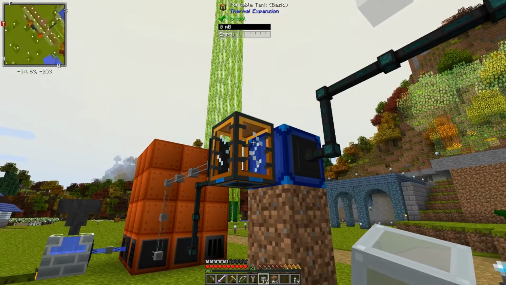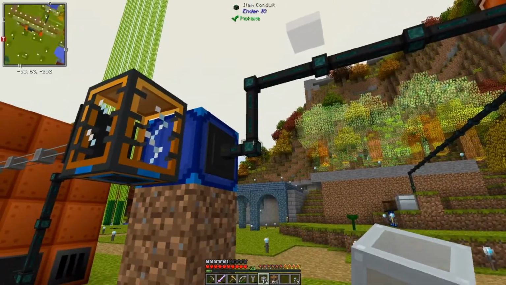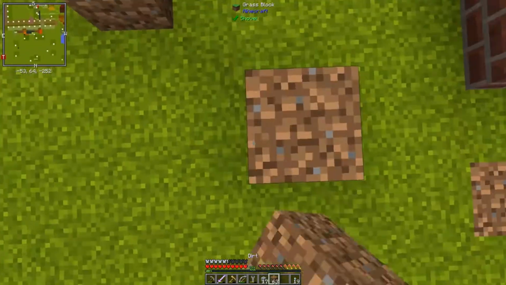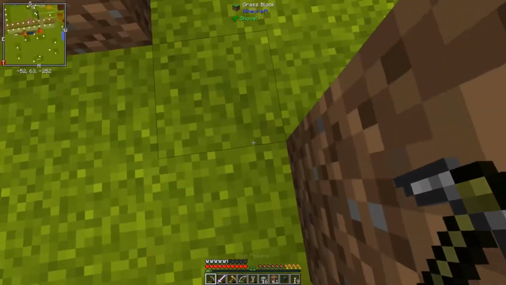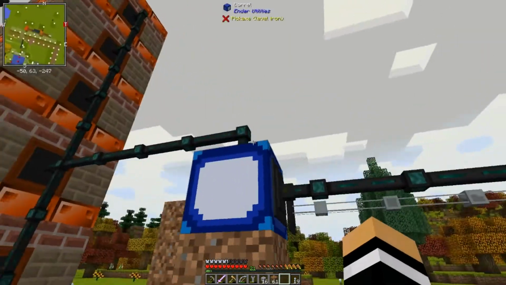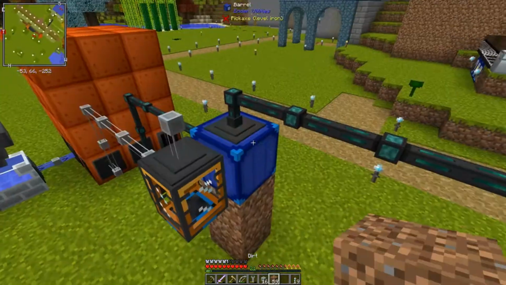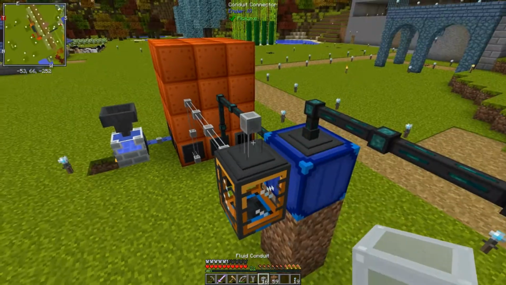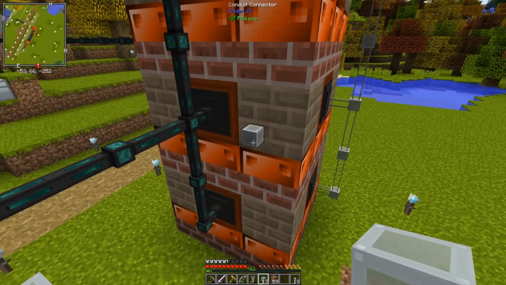So if we follow the pattern that this one does, I should have made that go on the top, shouldn't I? Yeah, maybe we'll do that. Let's put that there. And we will just make sure that this is set to insert. Yes. And then this can go the same way. This can be set to insert. We can...